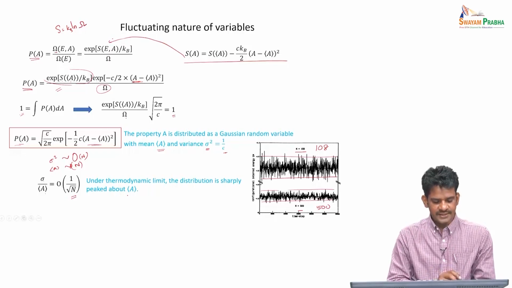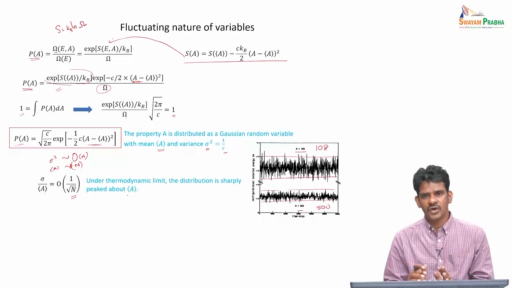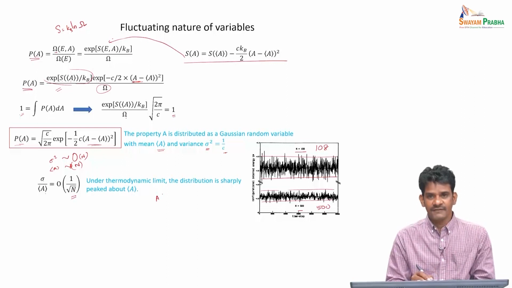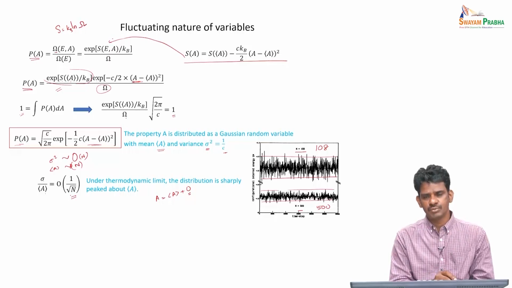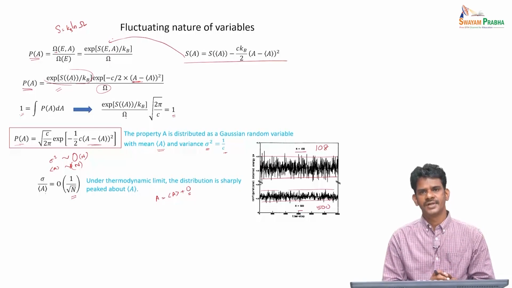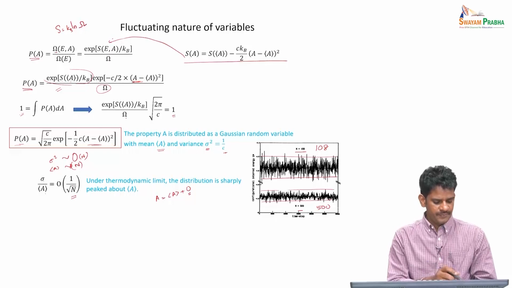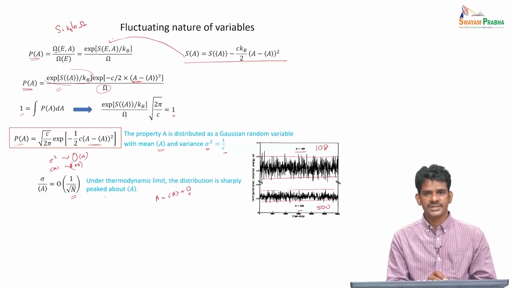This also tells us that if I have an experimental system or thermodynamically large system where n will be of the order of Avogadro number, then you will see as if this A is not a fluctuating quantity, but simply a mean value with close to 0 fluctuation. That is because 1 by square root of n will be negligibly small, and we think of it as a deterministic variable with a single unique value. But in MD simulation, we often work with a very small number of particles. Then the fluctuation becomes dependent on the size of the system. So we have to look at the system size dependence of the fluctuations.